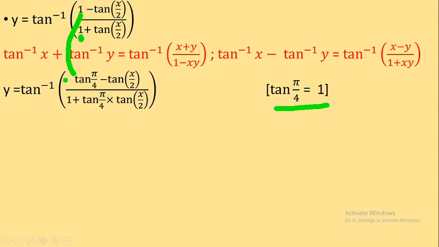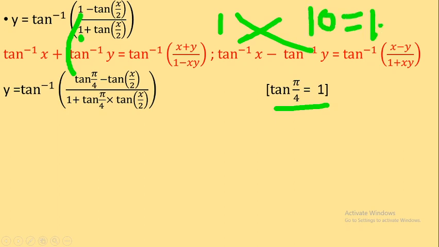So the second step is, in place of the numerator's 1, you have to put tan pi by 4. And the third one is, everybody knows that if I multiply 1 by anything, for example, 10, the answer is going to be 10. So you multiply 1 by anything, the answer is itself, right? So similarly here you cannot see anything, but there is 1, there is unity. So here again you have to put tan pi by 4. Have you understood, everybody?